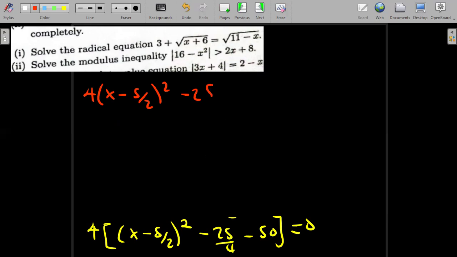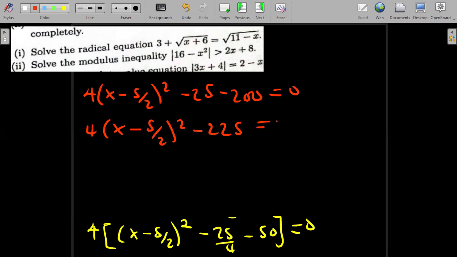So you have 25 minus 200 like this equal to 0. And that is just, yes, a negative 5 over 2. This is negative 225 like this equal to 0. Then 4 times (x minus 5 over 2) squared is going to be equal to 225. Then divided by 4,